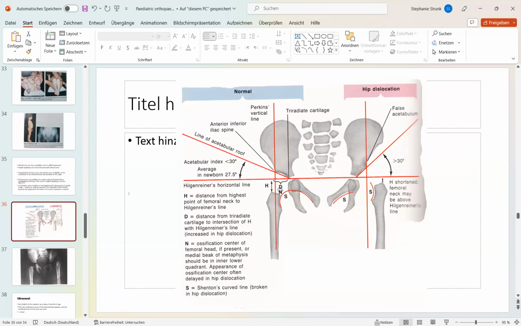And this is the Hilgenreiner horizontal line at the lower base of the acetabulum here. Also very important is Shenton's line. Here you can see a nice curve. Here this is interrupted. Here you don't see this line anymore. But here you have a big